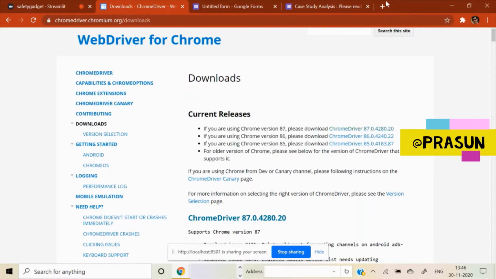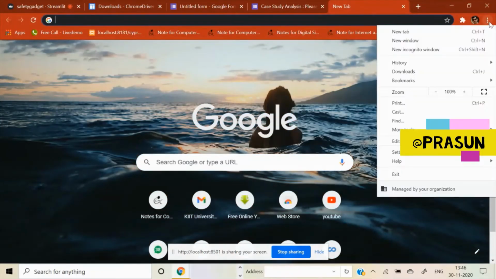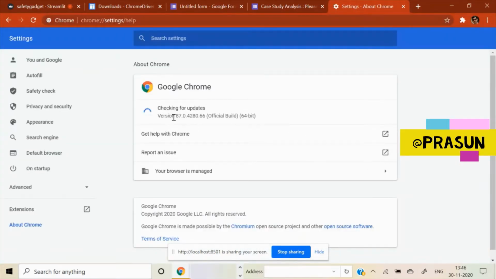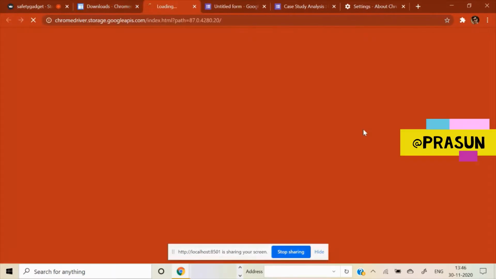For checking the version of your Chrome, you click on these three dots and go to Help and About Google Chrome, and you can see your Chrome version here. My version is 87.0 point something. So here I will download this one. Click on this link,